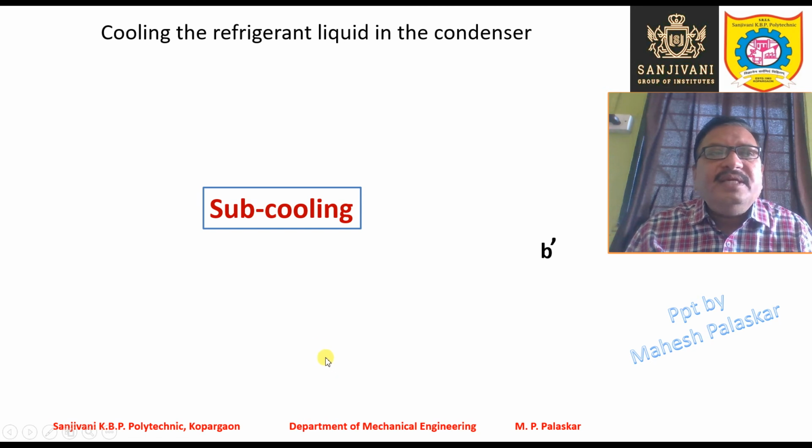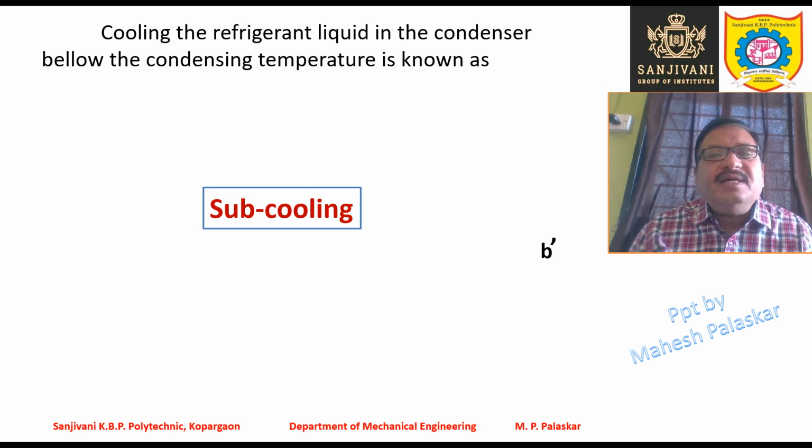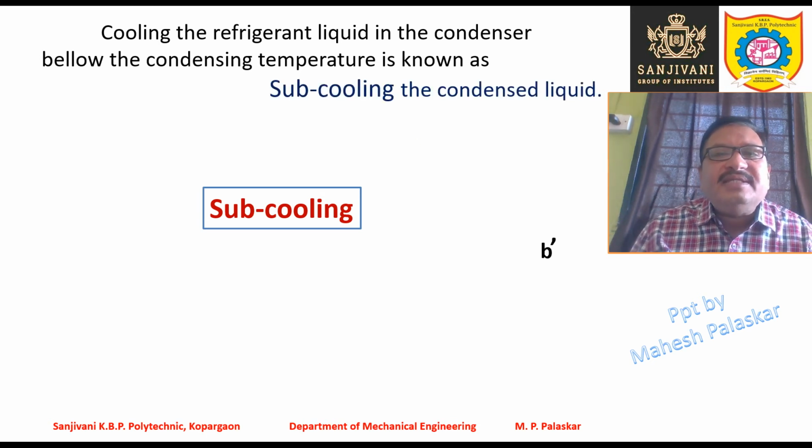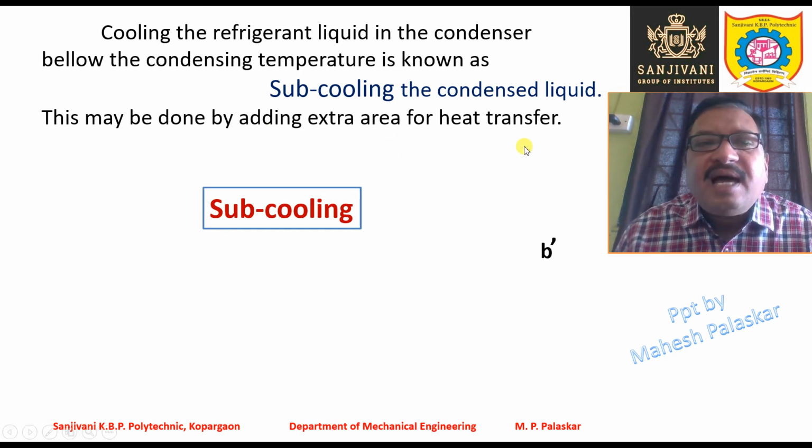So what is subcooling? Cooling the liquid refrigerant in the condenser below the condensing temperature, and below the temperature of the saturated liquid, is known as subcooling the condensed liquid. So this cooling is done below the saturation temperature of the liquid, and this may be done by adding extra